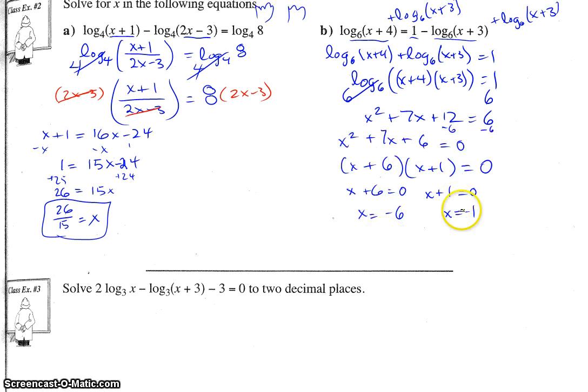Okay, so how did that one go? Did you guys all get x equals -6 and x equals -1? Now, when you check back, though, -6 put back in here, -6 plus 4 would give you -2. Well, you can't log a negative number, so this one is extraneous, okay? But x equals -1, don't assume just because the answer is negative that you can't log that. So let's put -1 back in. We'd have -1 plus 4, that's 3, we're fine there. -1 plus 3, okay, that's equal to 2, and then we're fine there as well. So another way to look at that